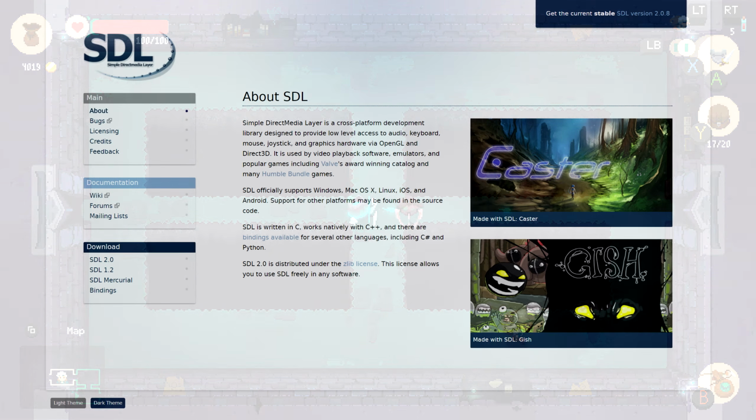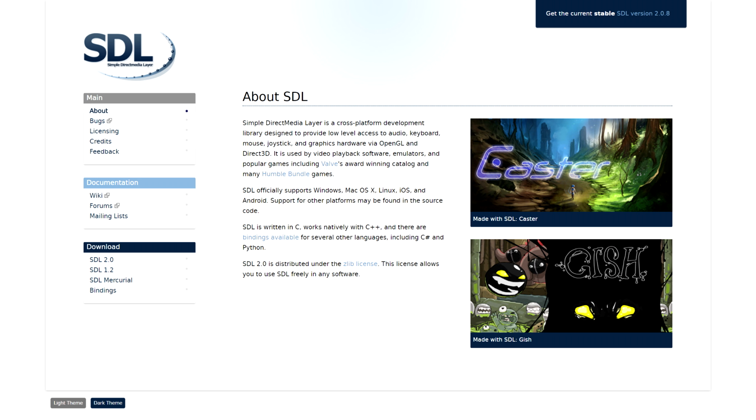The first of these, which I'll be definitely using, is the Simple DirectMedia Layer, or SDL library. This is used by Valve within their Source engine, and has been widely praised for many years. I've also used this before for window management and audio. SDL provides a great deal of features that are all cross-platform and very easy to use.